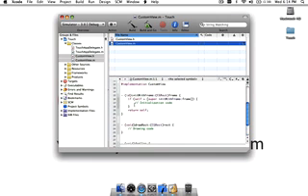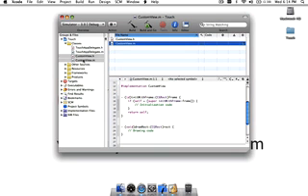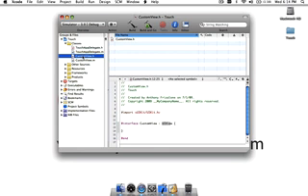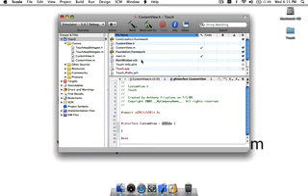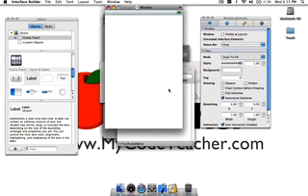So the first thing we need to do is we need to create this view in Interface Builder. So we're going to create our custom view in Interface Builder, and then we're going to set in Interface Builder, we're going to set that view as the class custom view. So we'll see what that means right now if that confused you. We're going to open main-window.xib,